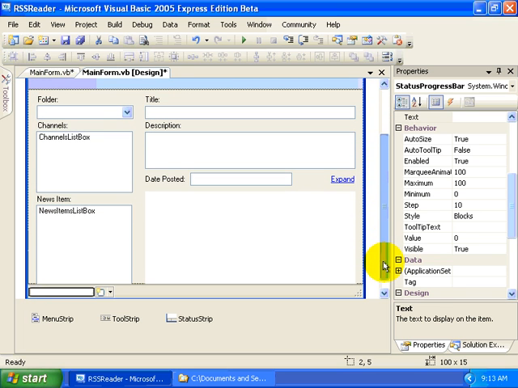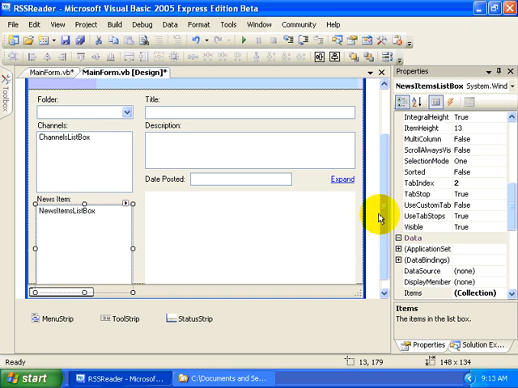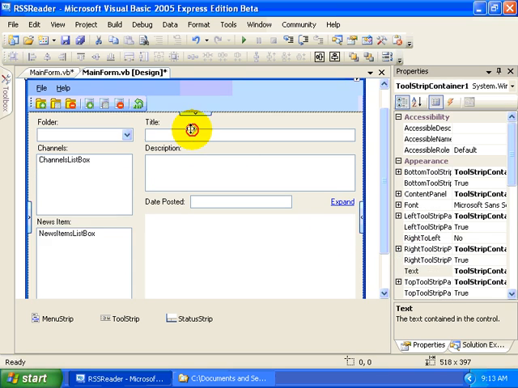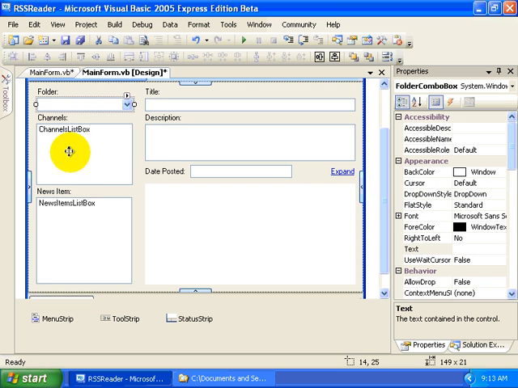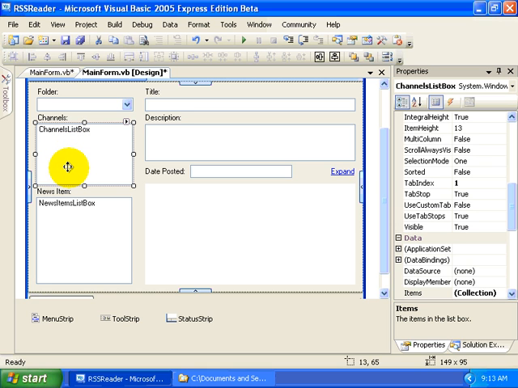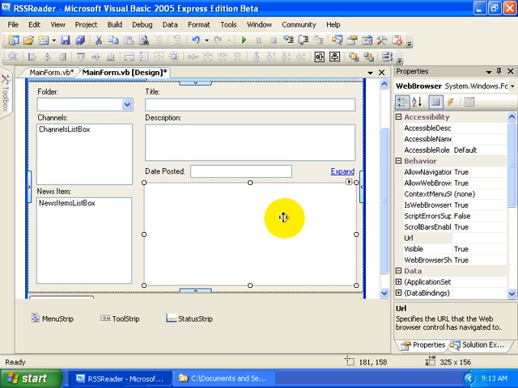You can see here in the main gray area that we have a series of controls on the left-hand side, and this will allow us to first of all select a given folder in a drop-down list box. For the folders, we're going to display the channels that are associated with them, and by selecting a channel, we want to display the given news items. That's the news items that have been retrieved for a given channel. By selecting a news item, we're going to display the news item's full title, its description, the date it was collected or posted, and then we're going to actually go to the URL or the link and display that